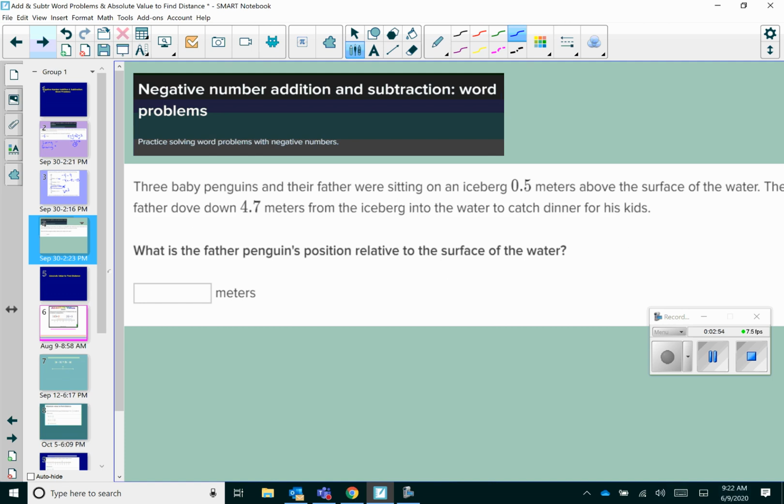Let's try another one. 3 baby penguins and their father were sitting on an iceberg 0.5 meters above the surface of the water. The father dove down 4.7 meters from the iceberg into the water to catch dinner for his kids. What is the father penguin's position relative to the surface of the water? I like to draw vertical number lines for situations like this. So let's say that this is 0 and this is 0.5. So that's where they're sitting right now. And then the father is going to dive down